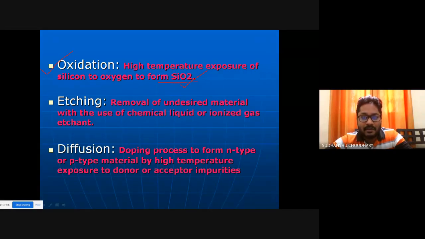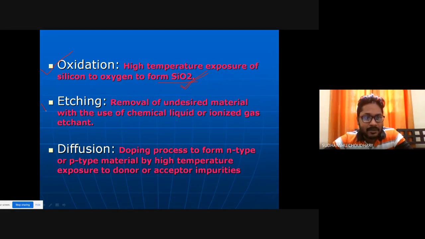At that temperature, the wafer is exposed to steam or water vapors to create a silicon dioxide layer. This process is called thermal oxidation. Now this process is not utilized much; instead, people now use the chemical vapor deposition technique, that is the CVD process, to deposit a silicon dioxide layer over silicon.